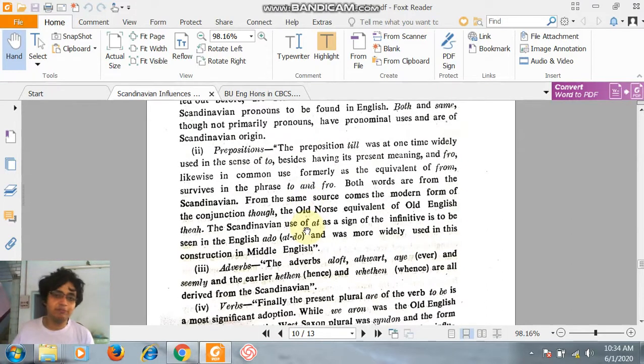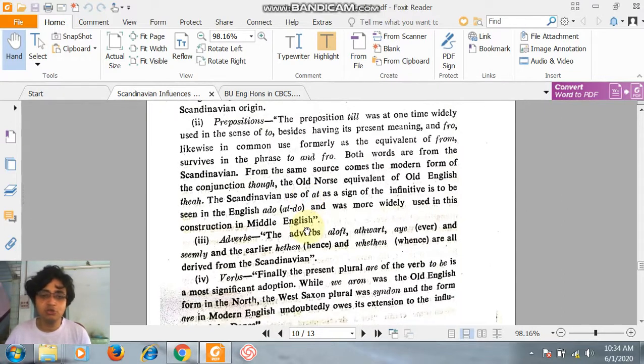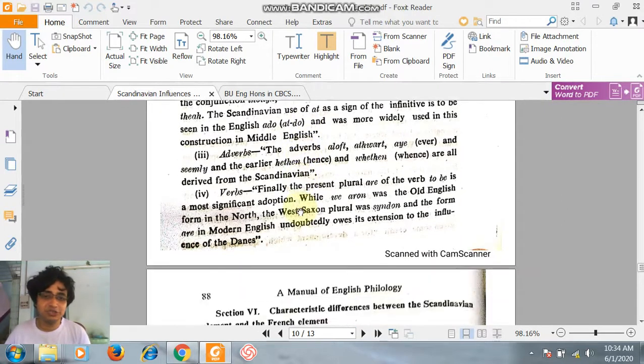Prepositions, for example, the preposition till was at one time widely used in the sense of to, that is, besides having its present meaning, and fro, likewise in common use formerly as the equivalent of from, though. All these prepositions are Scandinavian in origin. Adverbs like aloft, athwart, aye, and seemly, and in the earlier hethen meaning hence, and hwonen meaning whence, are all derived